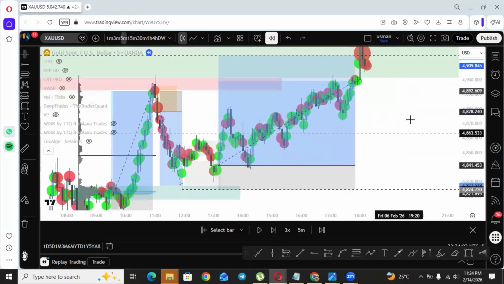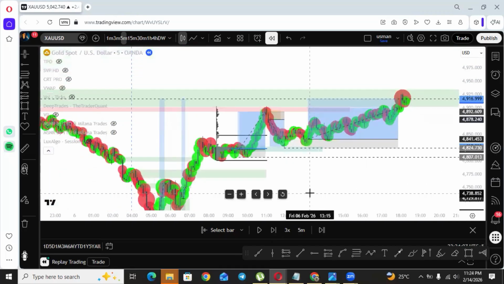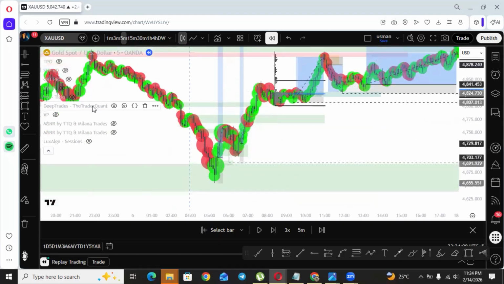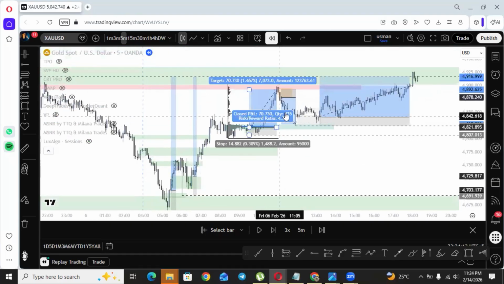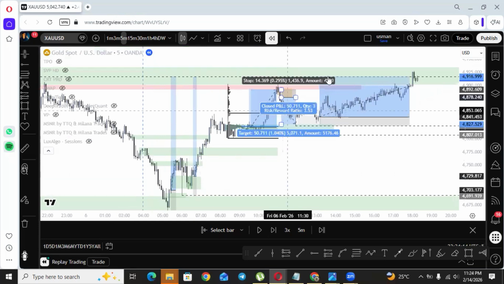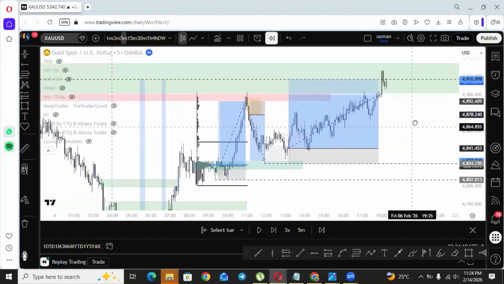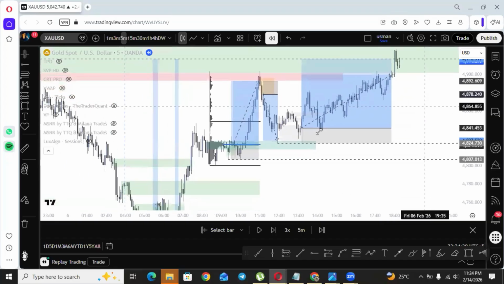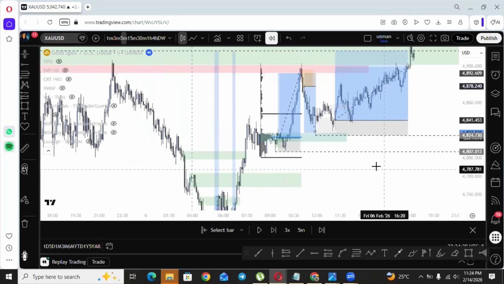So what happened? Market respected our daily bias, and let me turn this off. We took these positions from the points and we held them till our daily bias and we got our entries. All of the stop losses were safe because we don't put our stop loss based on any swing or anything. We put our stop loss after the absorption happened and below the exhaustion candle wick.